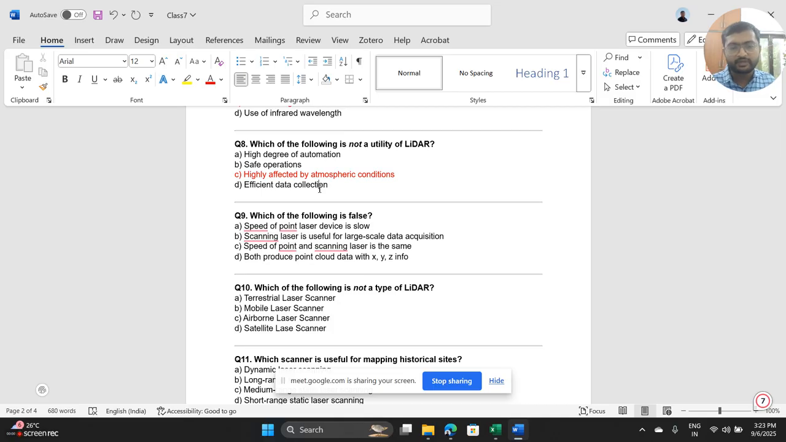So that is wrong. Why? Because point devices are slow, whereas scanning lasers are fast. So that is a false statement. And then the next statement is